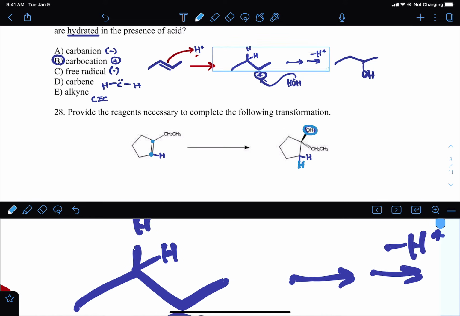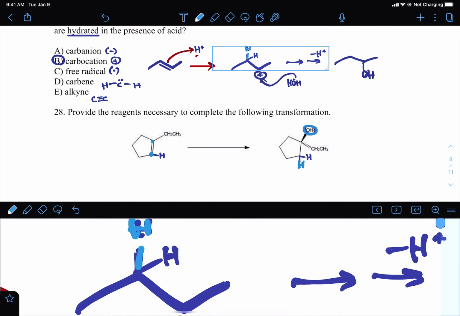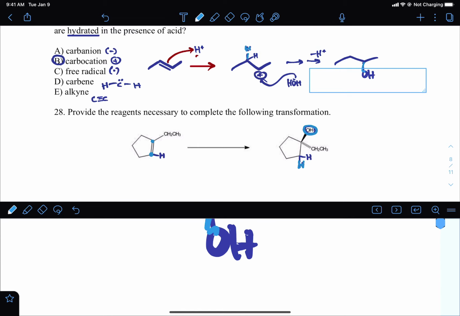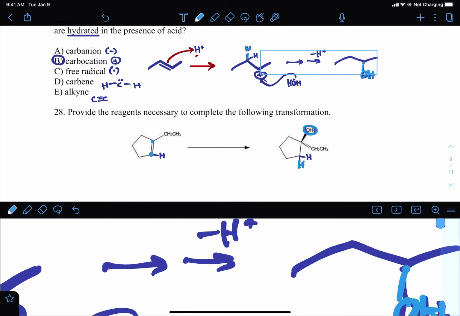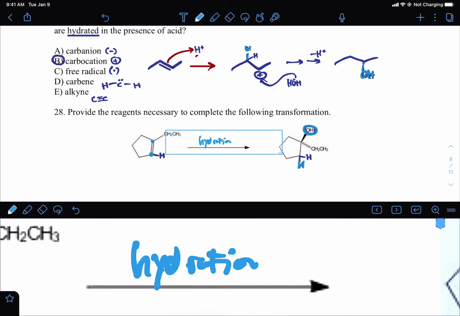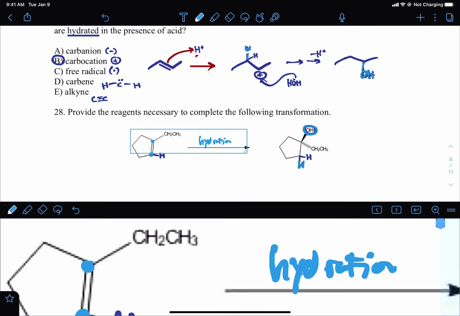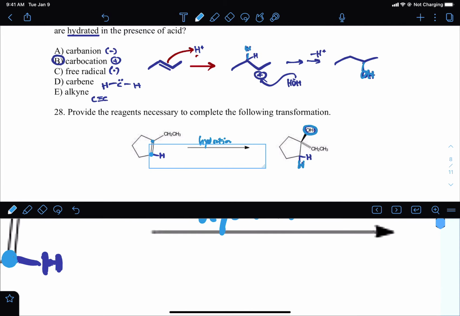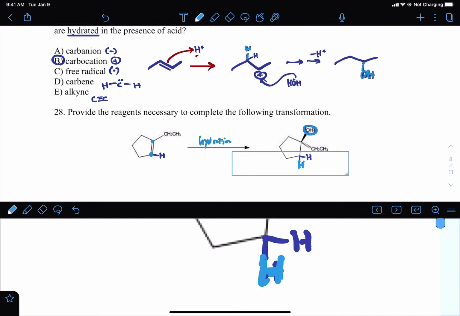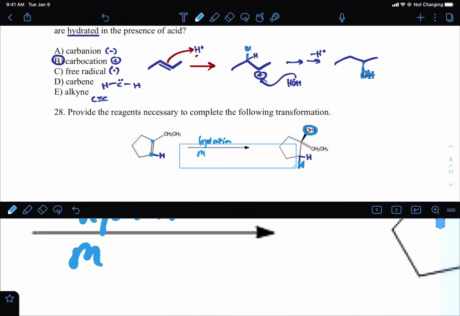We added one H to one carbon, and then we added the OH to the other carbon. So that's what we need to do here. This is hydration. And specifically, notice the rule that we're following. The H is going onto the carbon with the most H's. So this is Markovnikov style